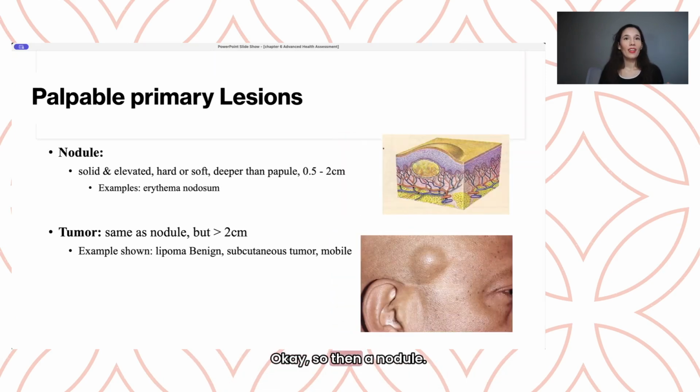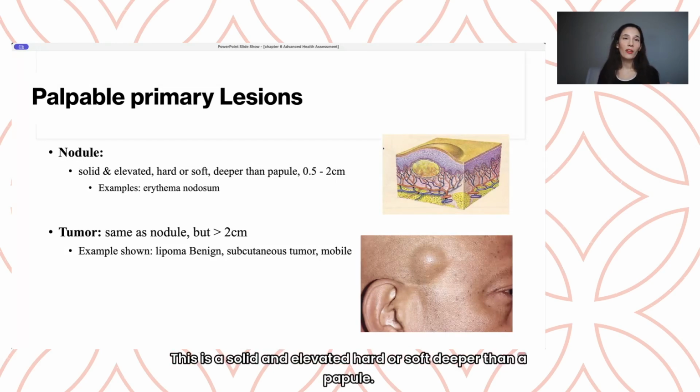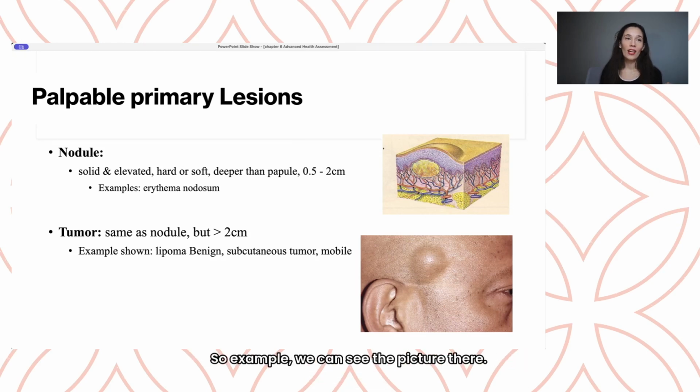Okay, so then a nodule. This is a solid and elevated, hard or soft, deeper than a papule. It's usually 0.5 to 2 centimeters. An example is erythema nodosum. A tumor is the same as a nodule, but it's bigger than 2 centimeters. So for example, we can see the picture there. That